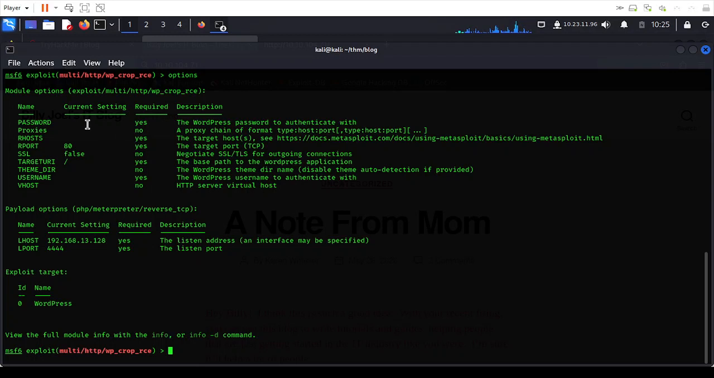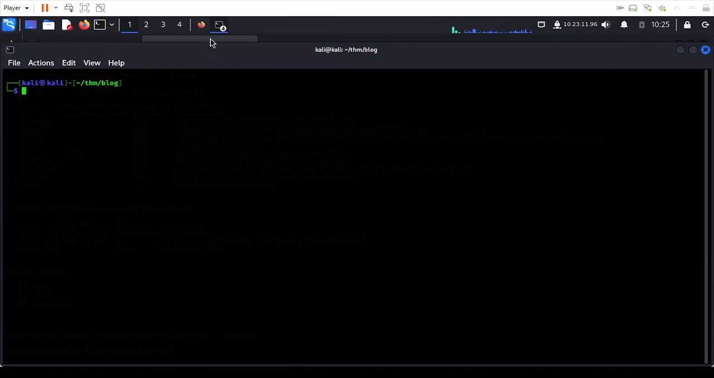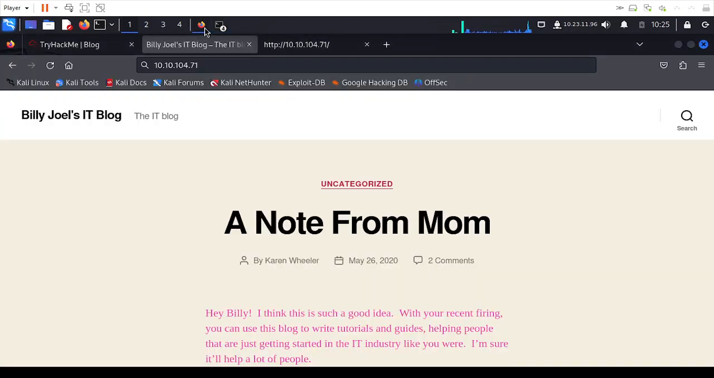Okay, so for us to run this payload, we need a password, which we don't have. We need the remote host, the target URI, and the username, then the local host and port. Okay, so let me go back to this terminal here. What I think I can do is come back to this blog,